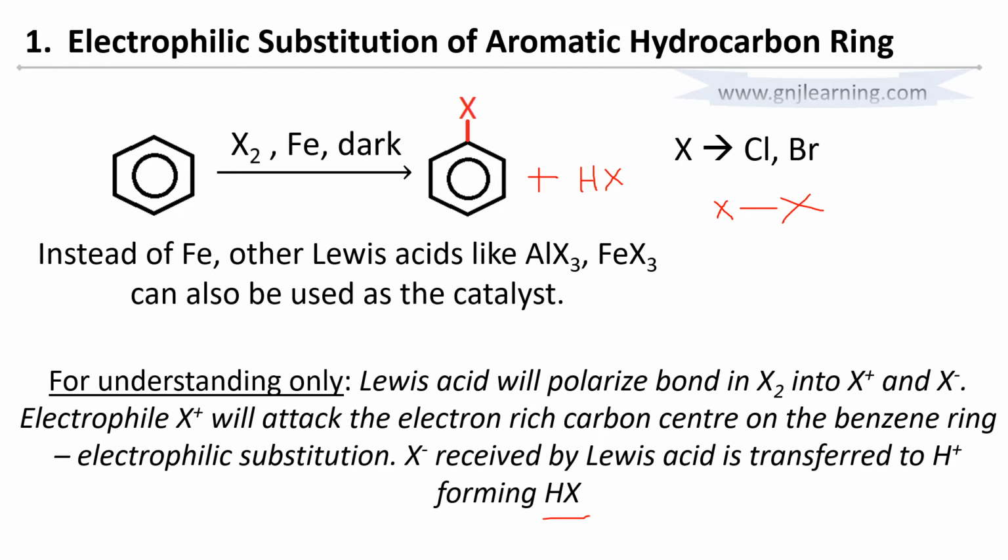So these are the requirements for the reaction. You should have a Lewis acid, which initiates the breakage of X and its attachment to the benzene ring. Clear? And the reaction must be carried out in dark. Why? Otherwise it will be an addition reaction. It will break the double bond and X will start getting attached here like this, but the resulting thing will not be an aromatic